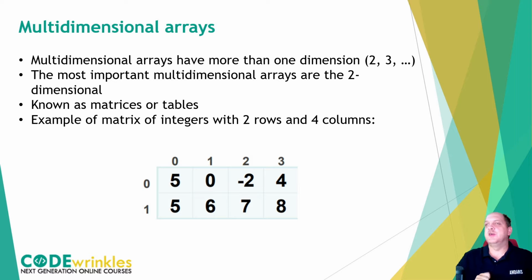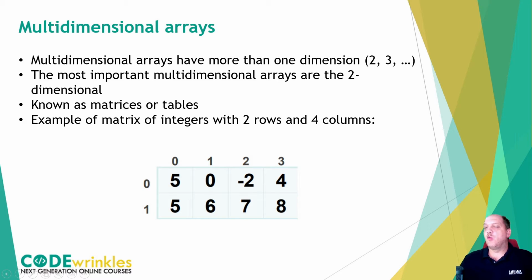But there's a catch here, because as the name suggests, they're multidimensional, so they could have more dimensions, not only two. The most popular multidimensional arrays are, of course, the two-dimensional arrays, because there are a lot of use cases in programming where we would need this type of array. A two-dimensional array is actually an array that contains two different arrays. So we can think about this 2D array as a table, having rows and columns